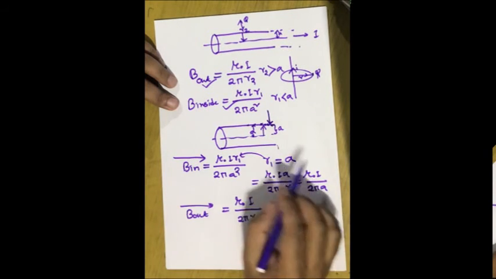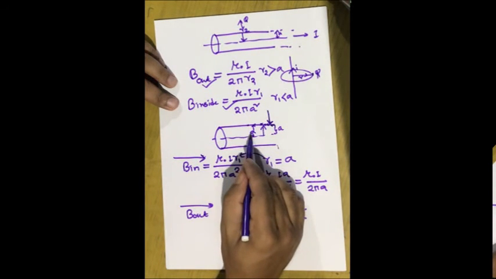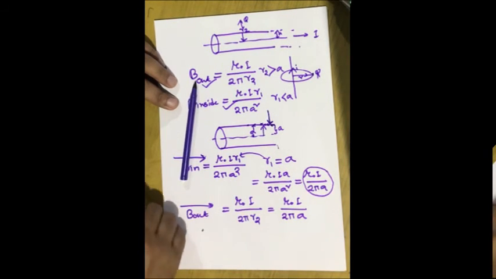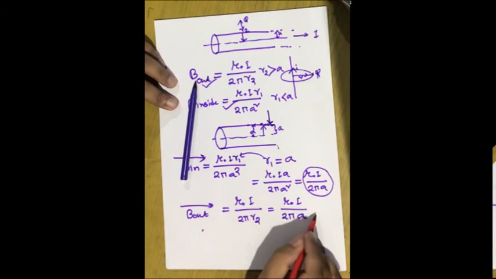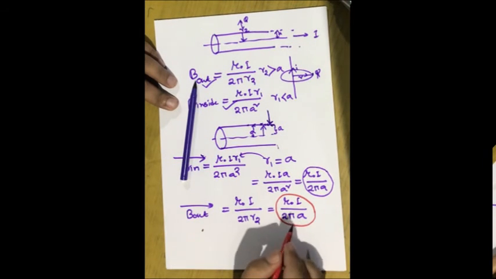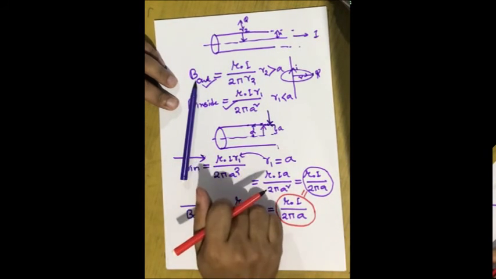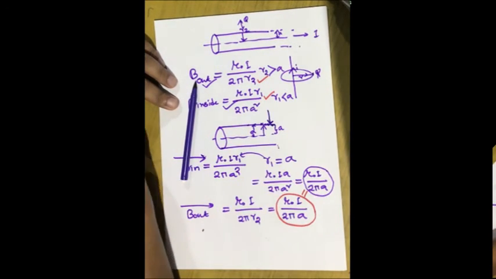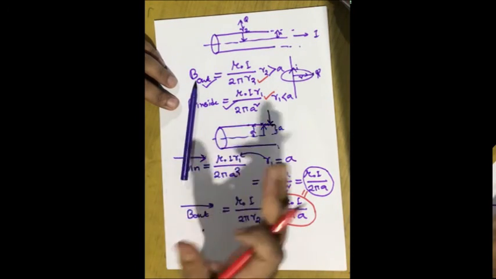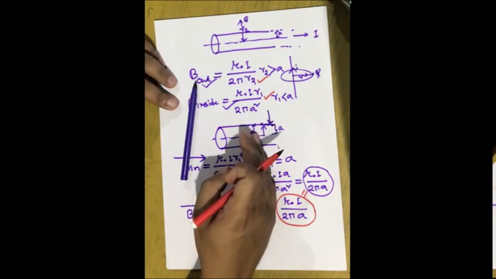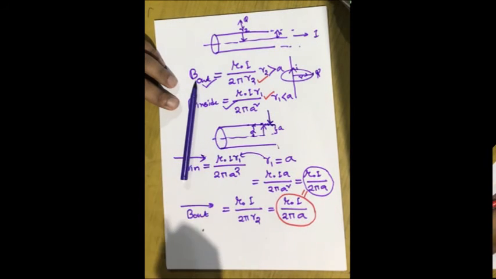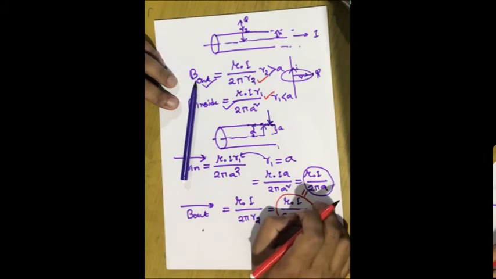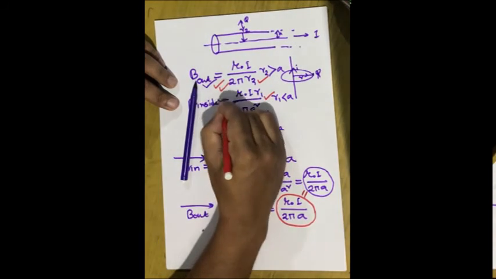Now you see, if we approach from the center inside, at the surface the value is mu naught I divided by twice pi A, and when we approach from outside the value is mu naught into I divided by twice pi A. These two quantities are similar, therefore we can say that this expression is correct. So this is a kind of a reality check. If you approach from center inside of the wire and you approach from outside of the wire, these two values should be similar, and we have obtained the similar value, therefore these two derivations are correct.